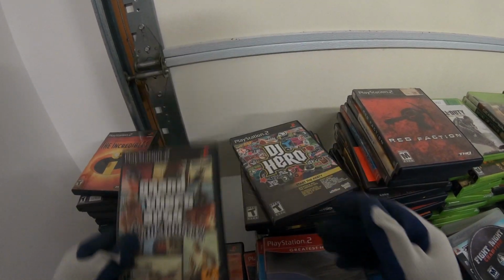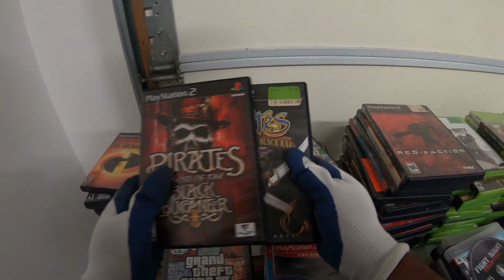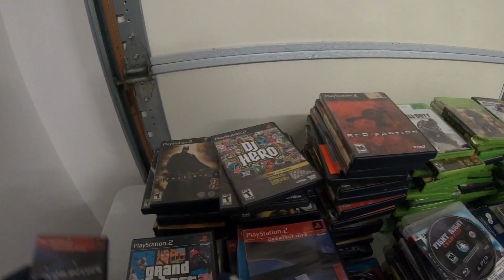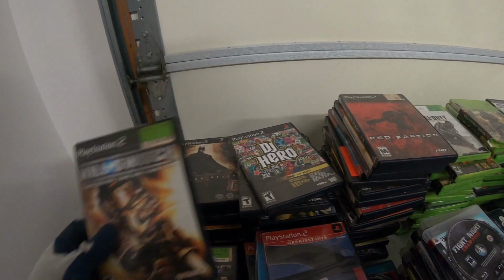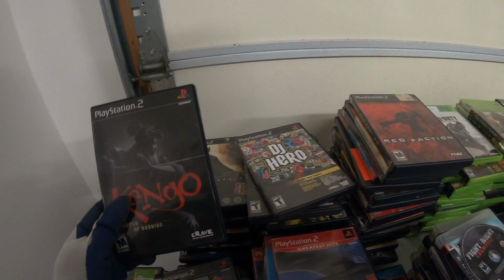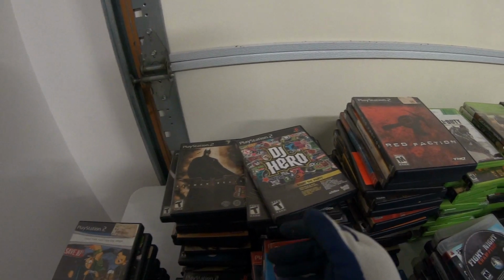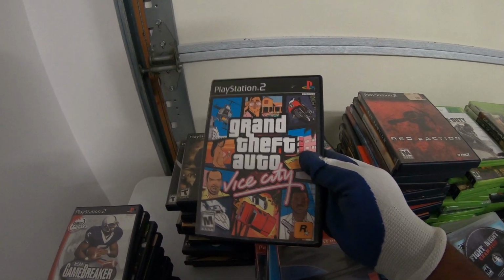Grand Theft Auto San Andreas, Call of Duty Finest Hour, Grand Theft Auto 3, Pirates game, another Pirates game, and then Batman Begins, Incredibles game, Spy Hunter, another Grand Theft Auto Vice City, Kill Switch, Wolverine's Revenge, Splashdown, Madagascar, Reckless, Grand Theft Auto Vice City, another one, NCAA Game Breaker 2004, another Grand Theft Auto Vice City,